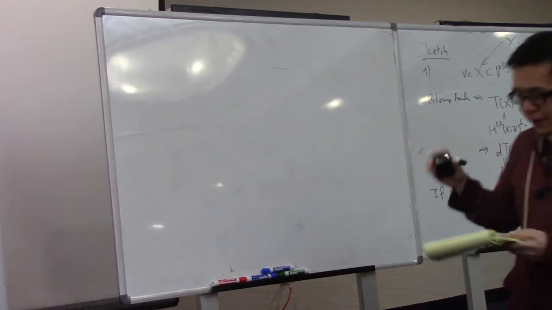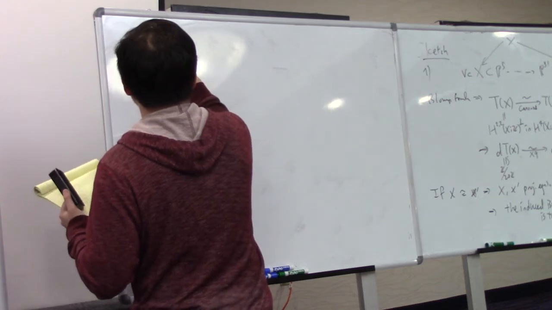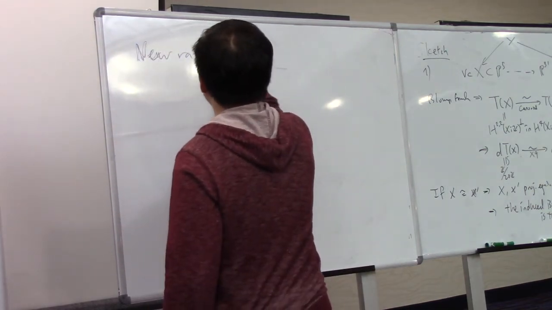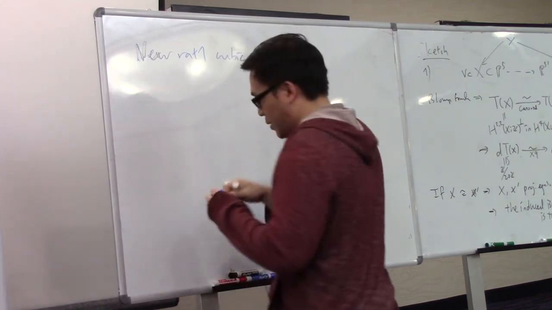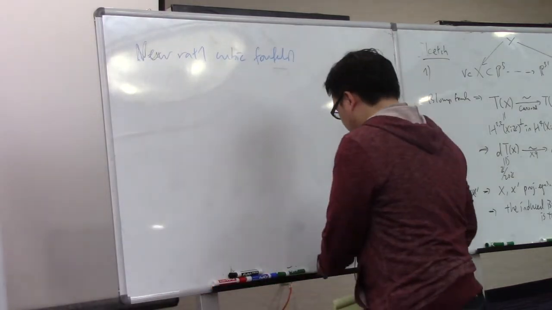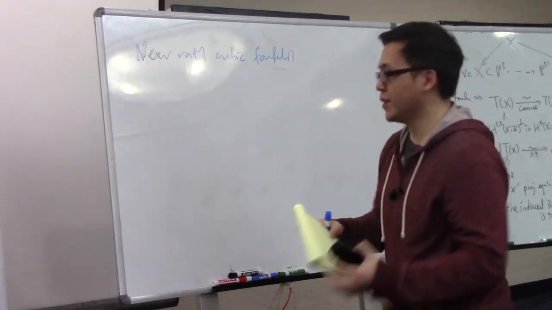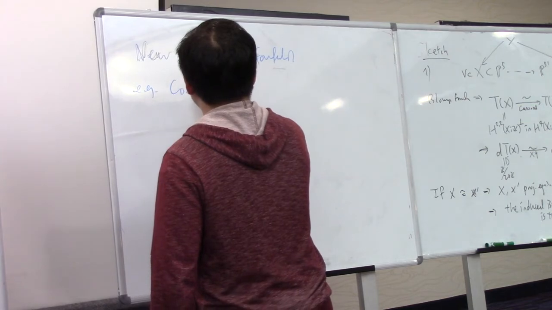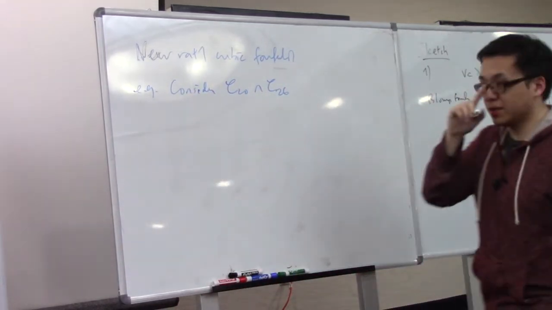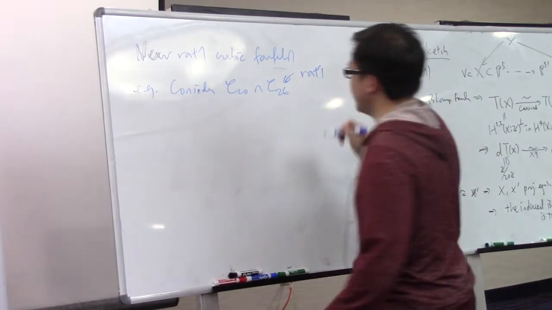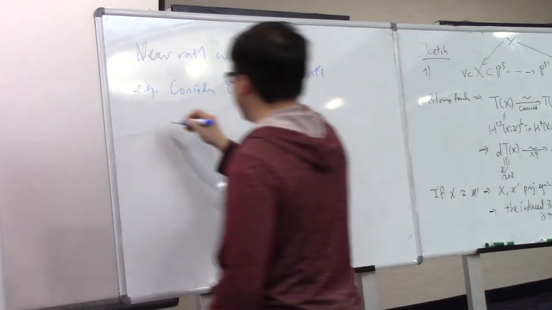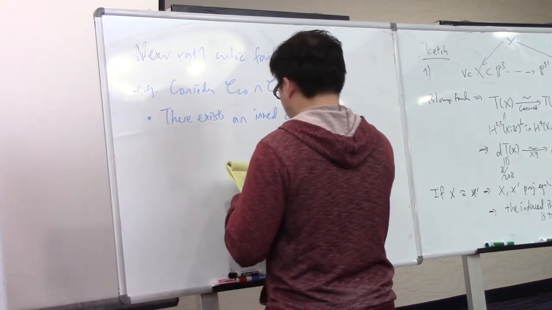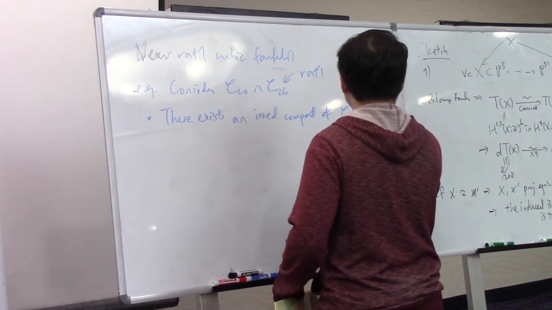Okay, so the last part of my talk is on new rational cubic fourfolds. The idea is that now we have this involution on C20. And then we look at the intersection of C20 with the divisors where we know the fourfolds are rational. For example, we consider C20 intersect C26. We know that these are rational cubic fourfolds. First, we need to show that there exists an irreducible component of C20 intersect C26